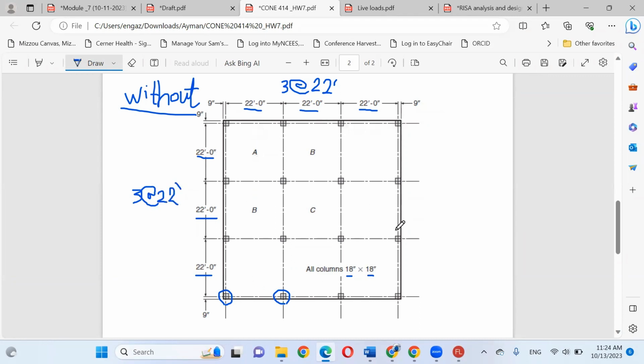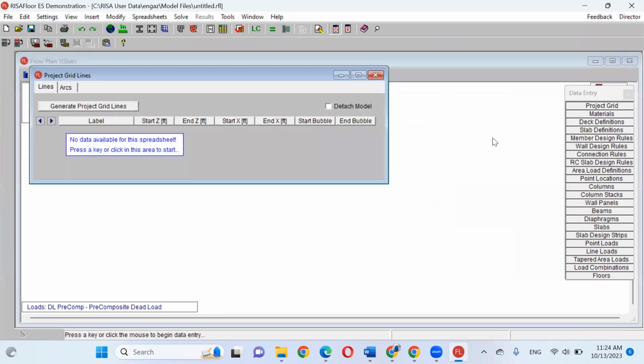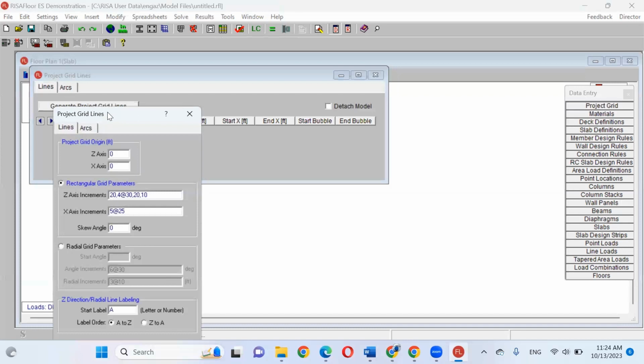We can create these 9 panels directly in RISA Floor. We have something here called the project grid. If you open this one, project grid, I can generate project grids.